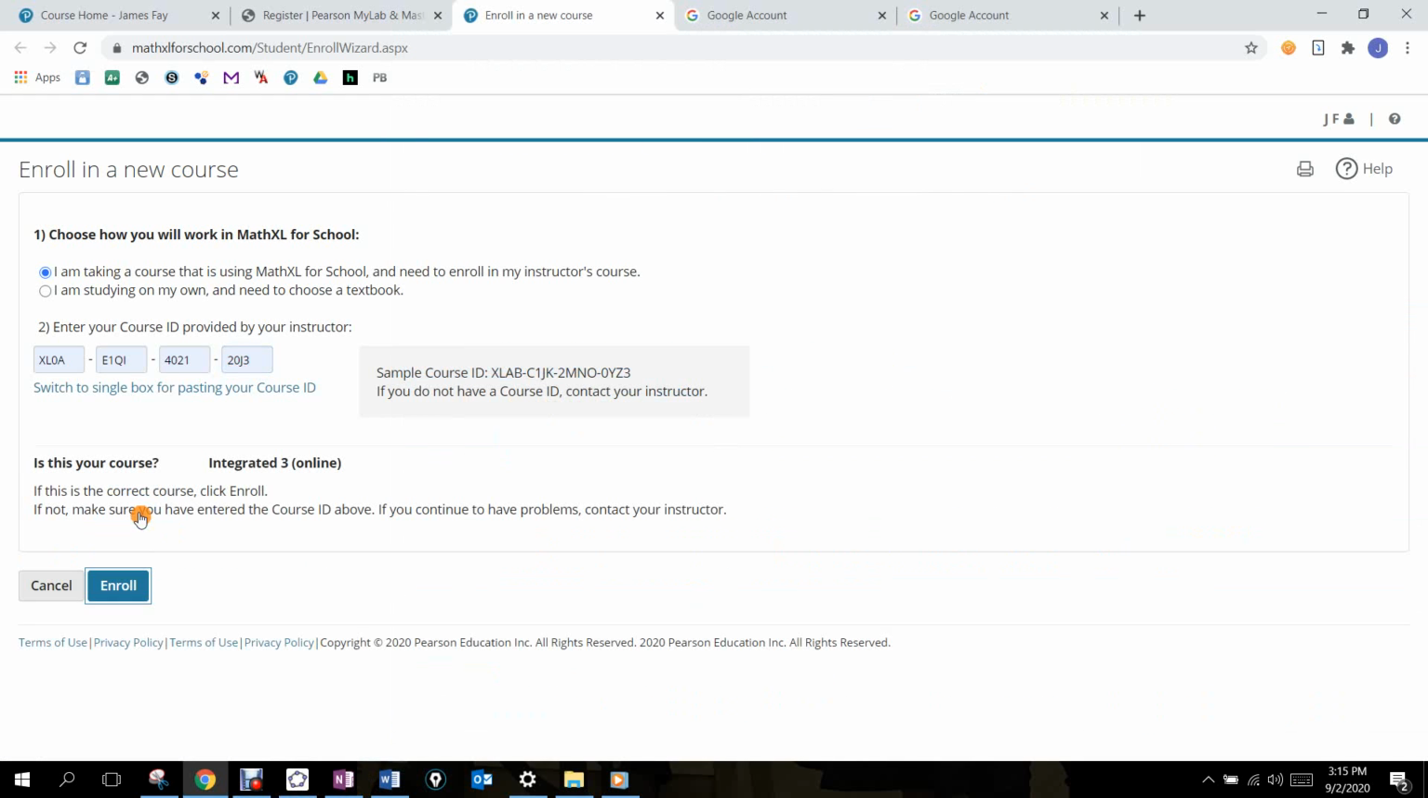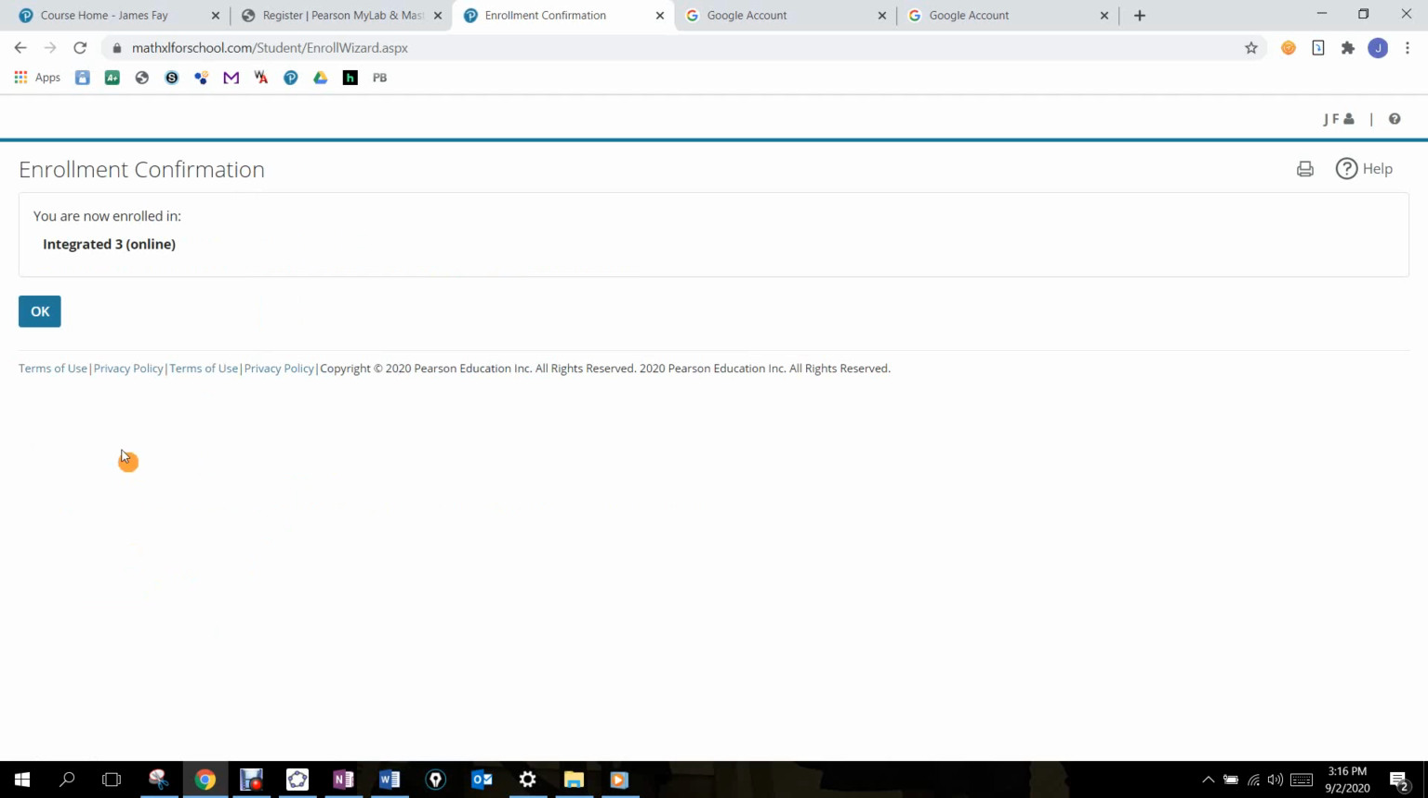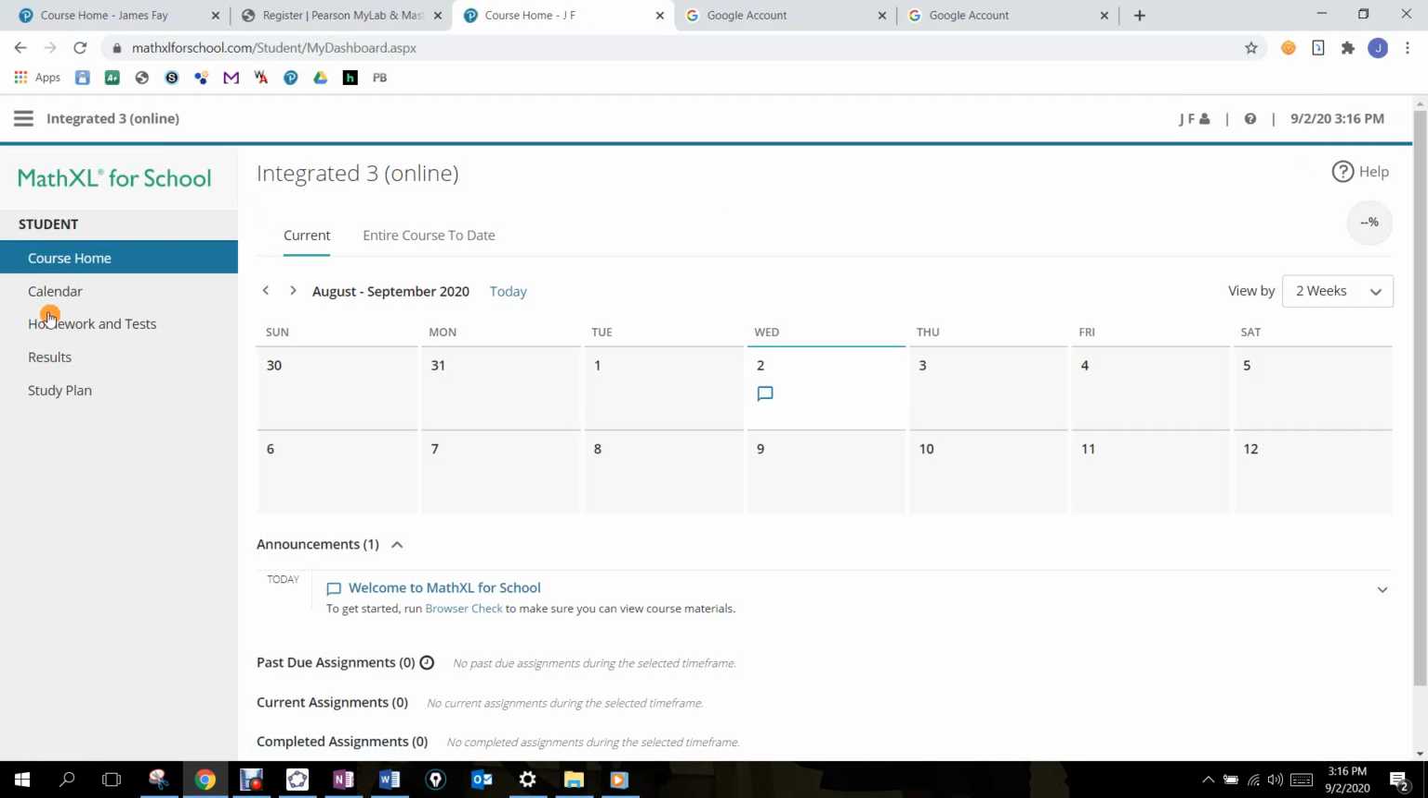I'll click enroll. Okay, it's going to ask me, is this the course that you want to be in? Make sure that that matches up. Okay, if you're supposed to be in integrated 3, make sure it says that. If you're supposed to be in geometry, make sure it says geometry here. You'll click enroll and click OK, and you're here. Okay, now what's going to happen? I'm going to sign out here, and your homework will show up in here. And I think you guys have used MathXL enough from algebra or integrated 1, integrated 2 that you can navigate MathXL. So I'm going to log out real quick